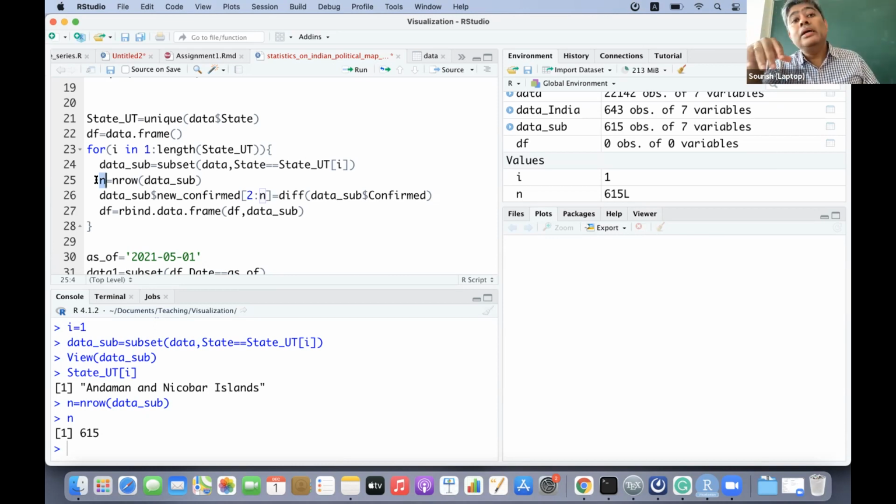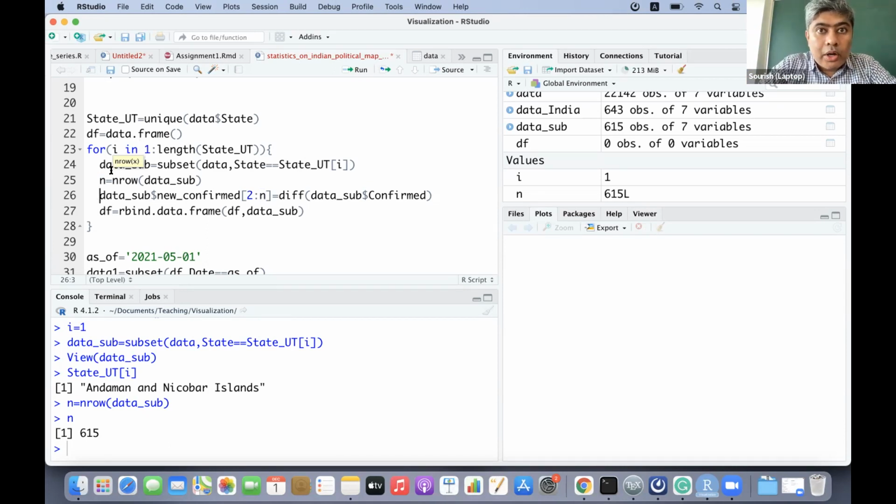As a result, every state will have a slightly different number of days in the pandemic. So that's why this n will differ from state to state because the starting point is different.